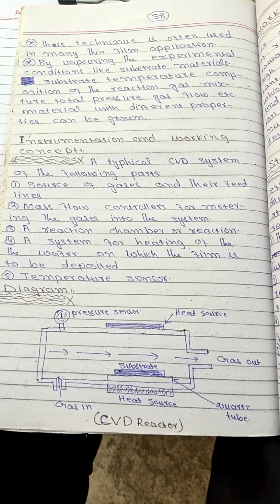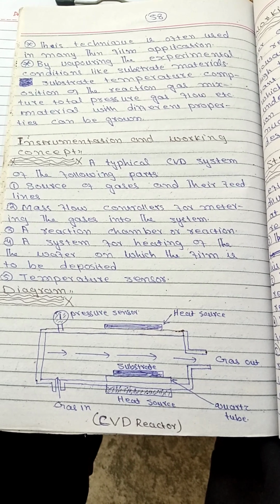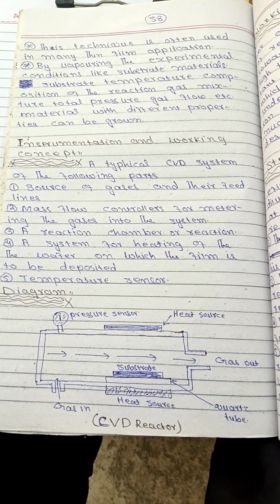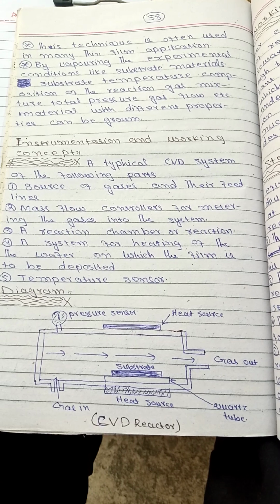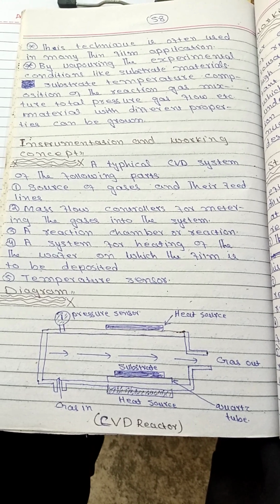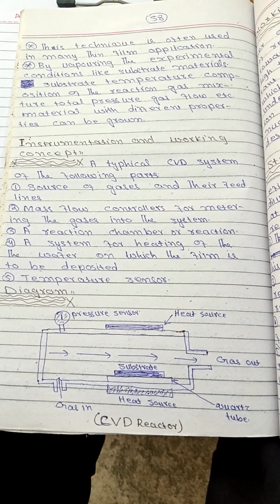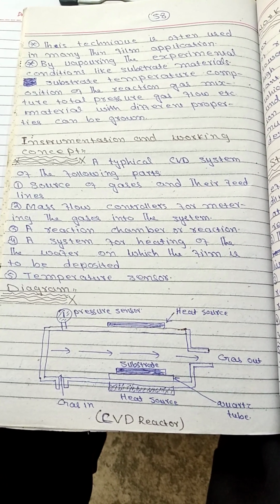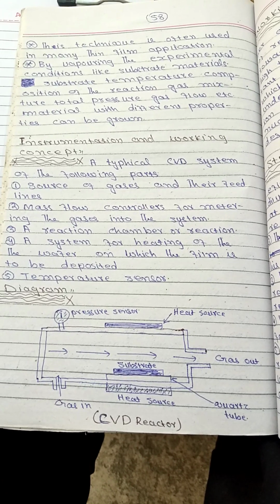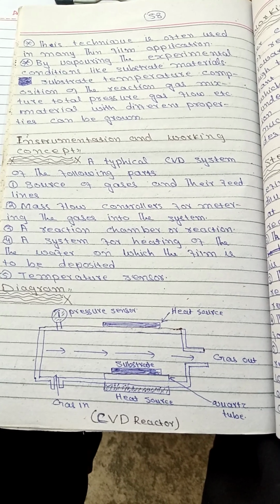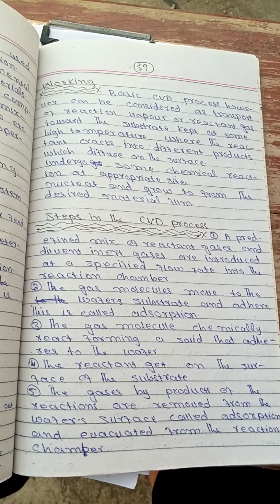Instrumentation and working concept. A typical CVD system has the following parts: source of gases and their feed lines, mass flow controllers for metering the gases into the system, a reaction chamber, a system for heating the substrate on which the film is to be deposited, temperature sensor. ये है डायग्राम स्टूडेंट CVD सिस्टम का भी है, प्रेशर सेंसर इसमें भी है, गैस लाइन भी है, हीट सोर्सेज भी है, सबस्ट्रेट भी है, गैस आउट और क्वार्ट्ज ट्यूब। स्टूडेंट इसके बाद आता है वर्किंग CVD।